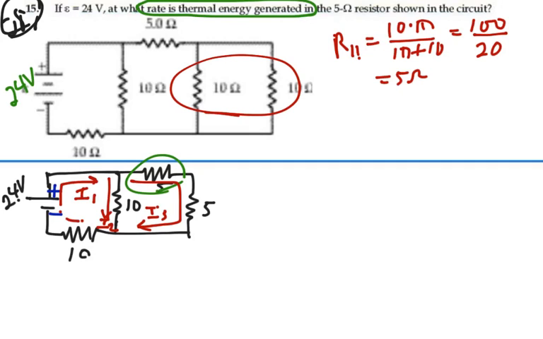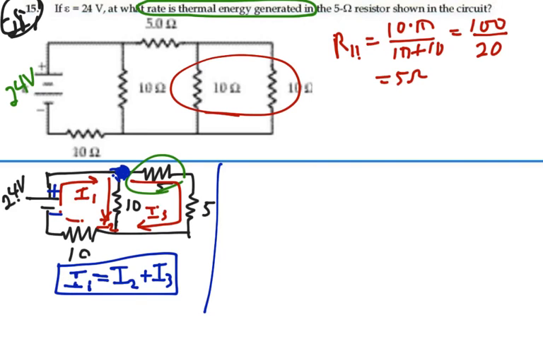If I look at this junction on top here, I've got I1 going into that junction, I2 and I3 coming out. So immediately I have that I1 is equal to I2 plus I3. Okay, I want to find I3. So in this case, I'm going to solve the right loop and the outer loop. If I do the outer loop,